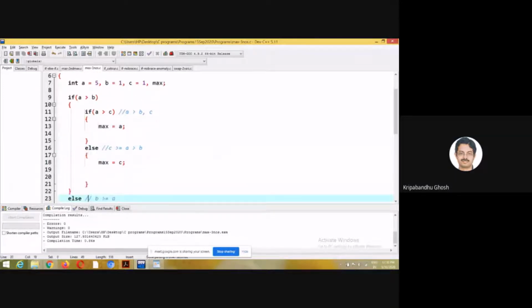But if this statement, A is greater than C, is false, what are the other possibilities?